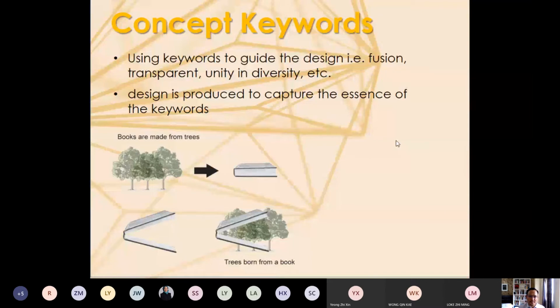Okay, so based on these keywords, especially in architecture, a student tries to come up with a design that relates to the keyword itself. So when the lecturer or other people ask them, okay, what's your design about, or what's your design concept, they can simply say, oh, my concept is transparent. So things like that. Okay, so basically design is produced to capture the essence of the keywords. As you can see in the example below,